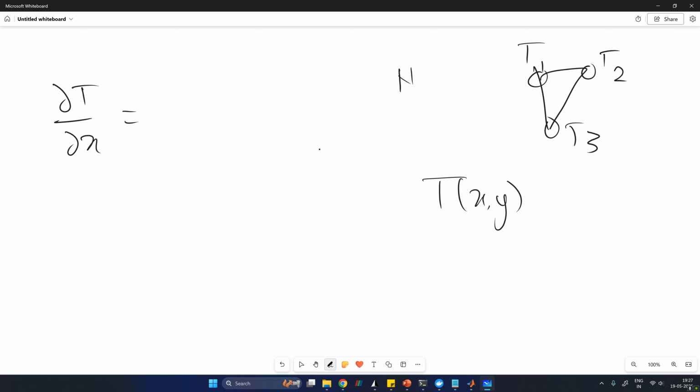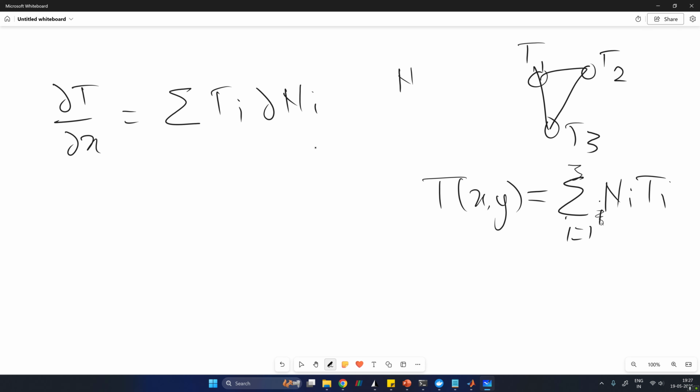It is a smoothly varying 2D polynomial inside this triangle, which we get as summation of i going from 1 to 3, in this case it's a triangle, N_i T_i. So this is our temperature variation, and in case of dabba T by dabba x, we would do something similar. We'll just use T_i times dabba N by dabba x, and we have to represent it again by our isomap function. Similarly you could calculate dabba T by dabba y